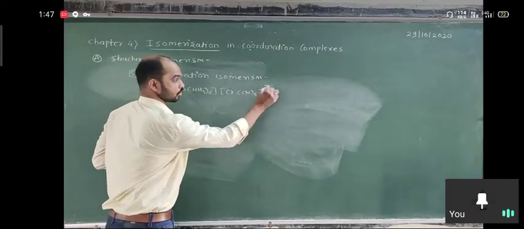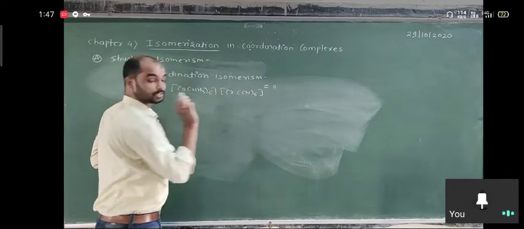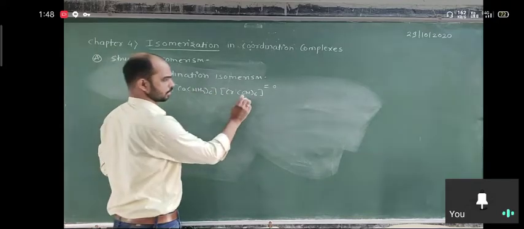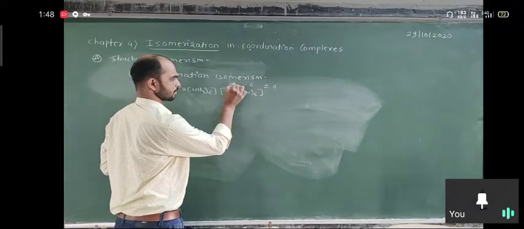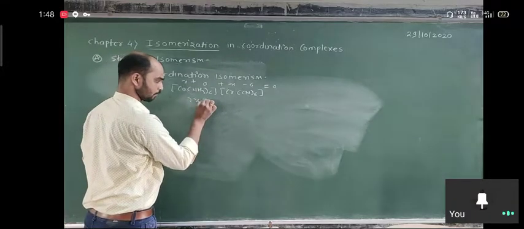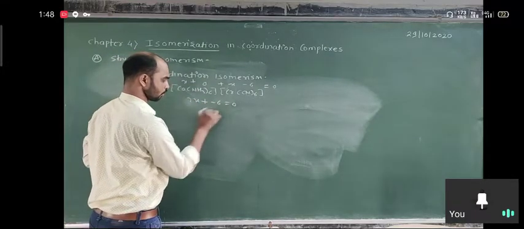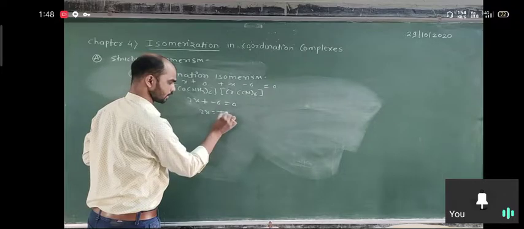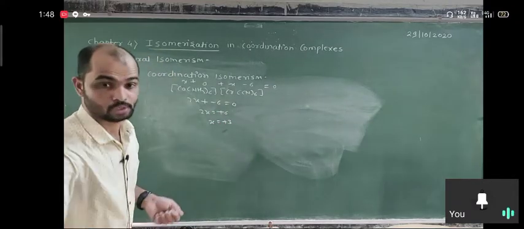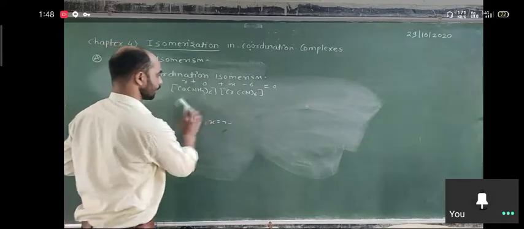If you consider the oxidation state, you can easily predict it without much calculation. Here is -6, here is x, plus there is 0. So 2x plus -6 is equal to 0, so 2x is equal to plus 6. That means x is equal to plus 3. Okay, it is the oxidation state.